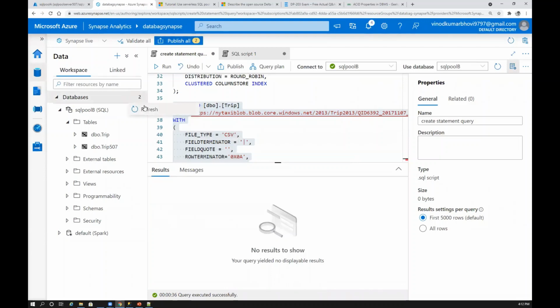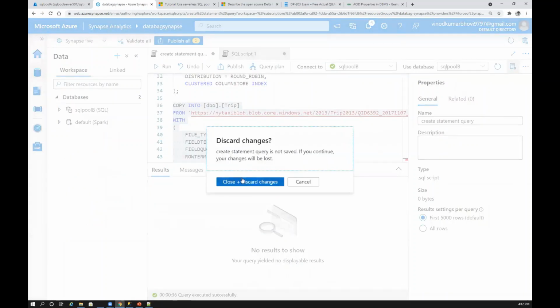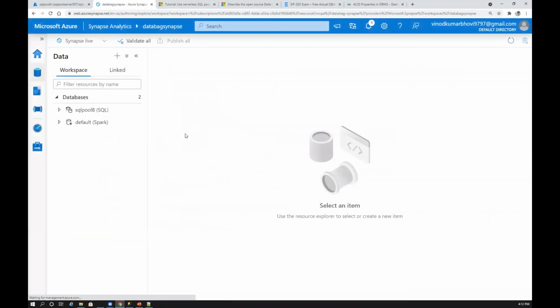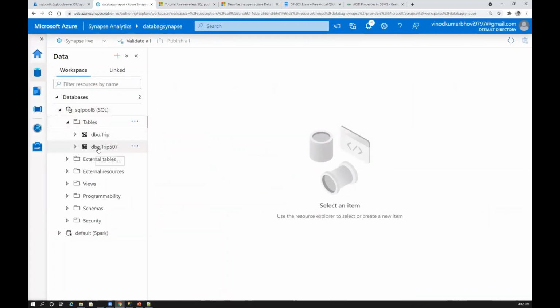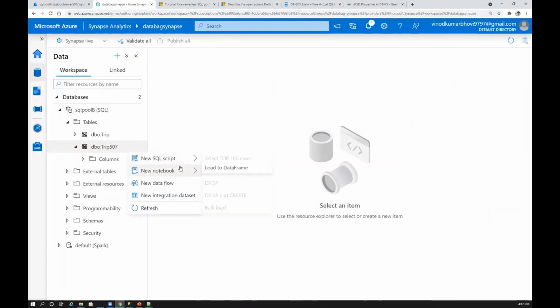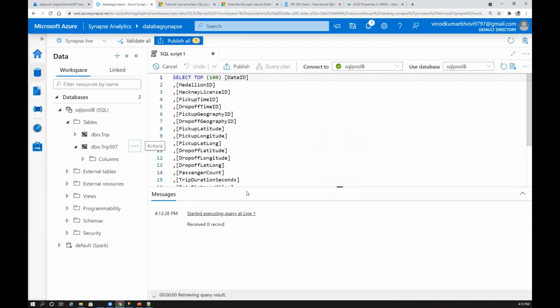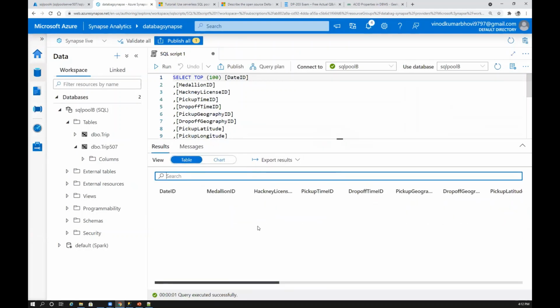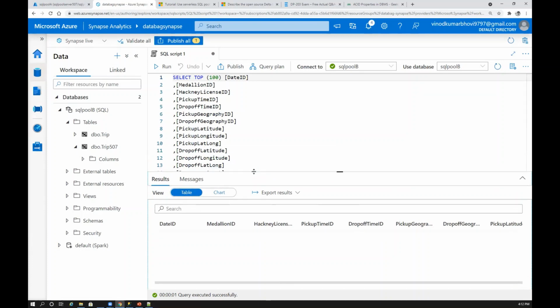So we have the data. Now let's try to refresh. Let me close everything, the job is done. Now let's refresh this database and go to the table. We have two tables. Go to this table, right click, and within this table you have different operations which you can perform. Once you go to SQL, it's like SSMS, a query editor. Then you click on select top 100 rows, and it should give you the top 100 rows. No, the data is not added.